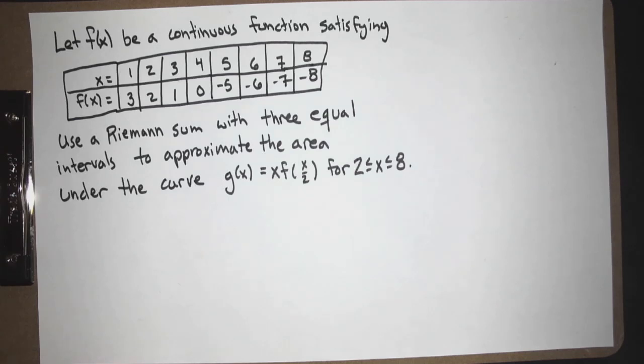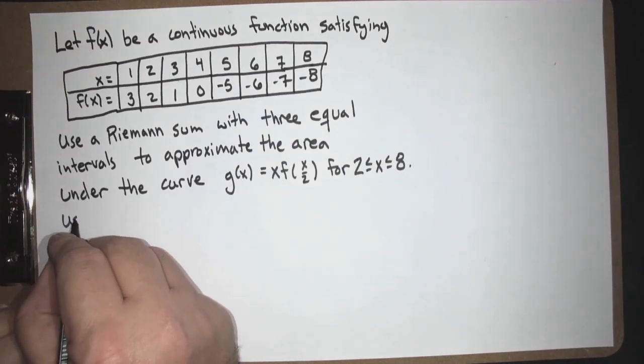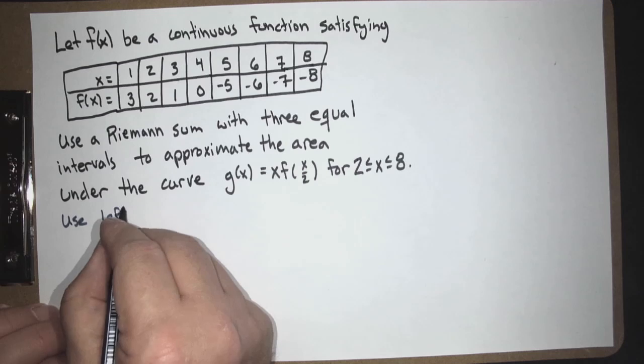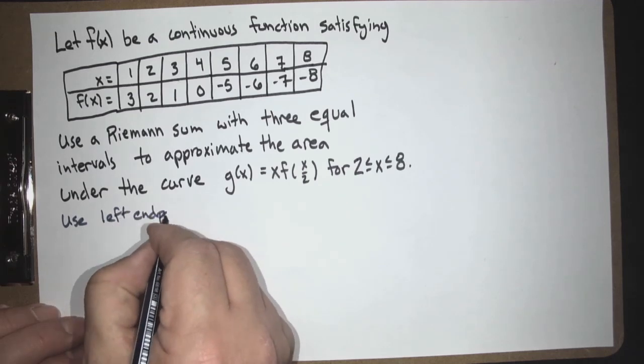And now I see I left a part out. Which part did I leave out? Yes, I left out, should you use the left, the right, the middle? Well, let's go with the left. Use left endpoints. All right, so